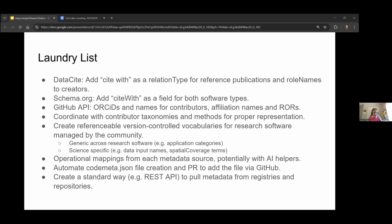I don't have an answer to the first one. Maybe Daniel or someone else would be better there. But for the second one, on encouraging software developers to have citations,